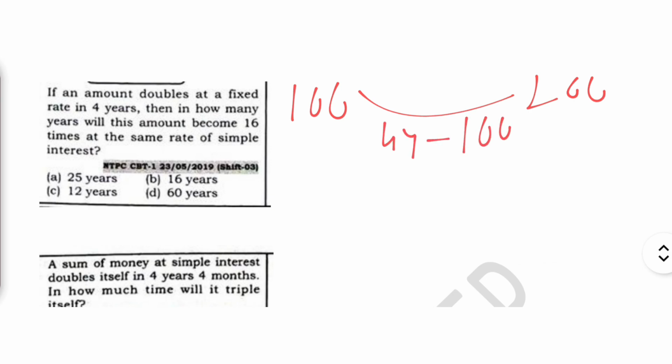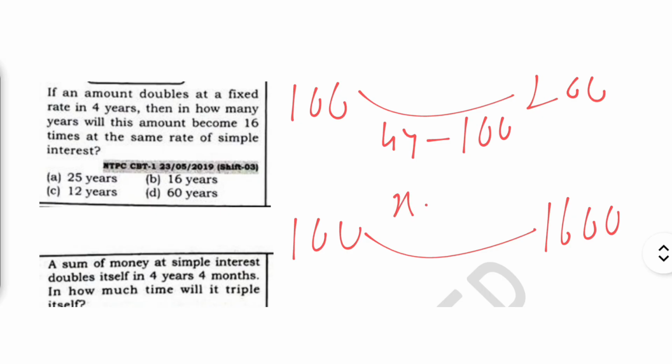Now if an amount doubles at a fixed rate in 4 years, this is your amount. It doubles. How much does it double? In 4 years, the interest is how much? 100. Then in how many years will this amount become 16 times? If this is 100, then it is becoming 16 times of your principal, that is 1600. So in how many years is it becoming